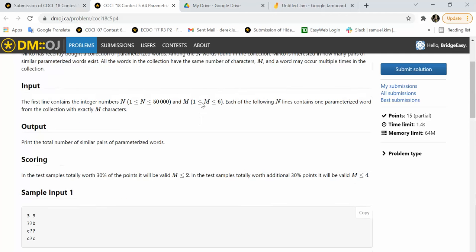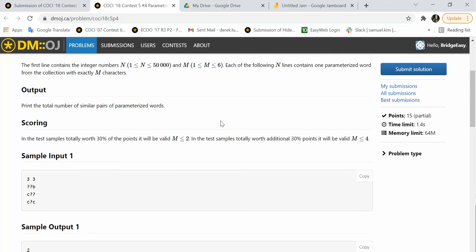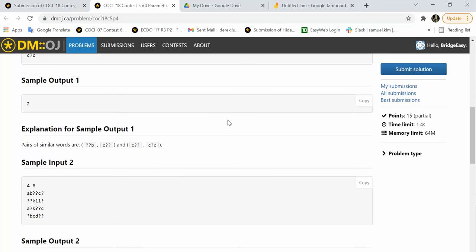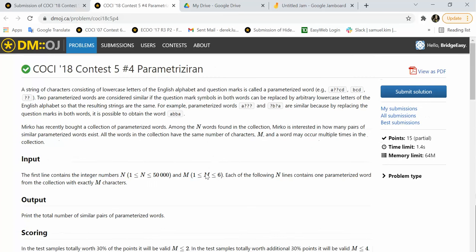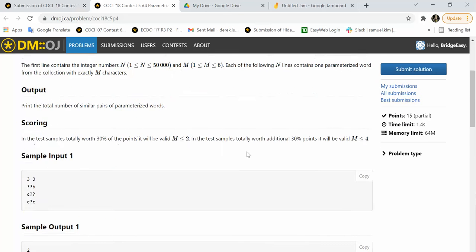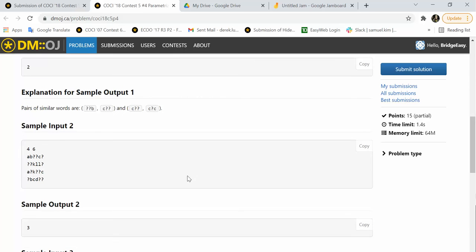But very special, m is 6. Usually, experienced people will suddenly jump to bitmask. So sometimes the number guides you to how to solve this problem. The bitmask idea is